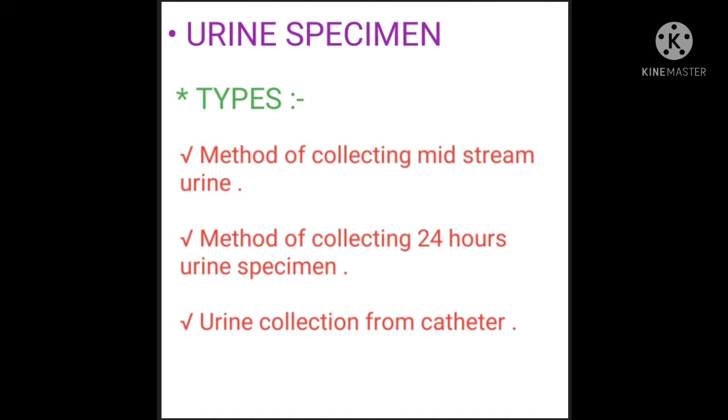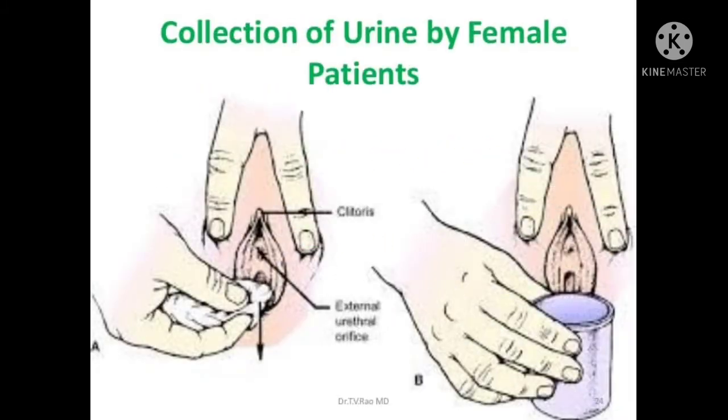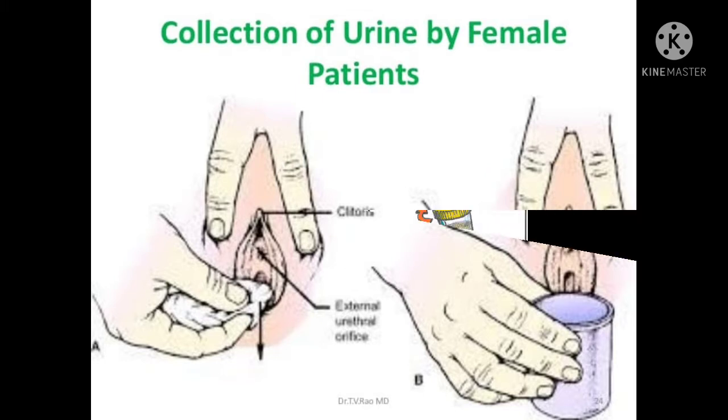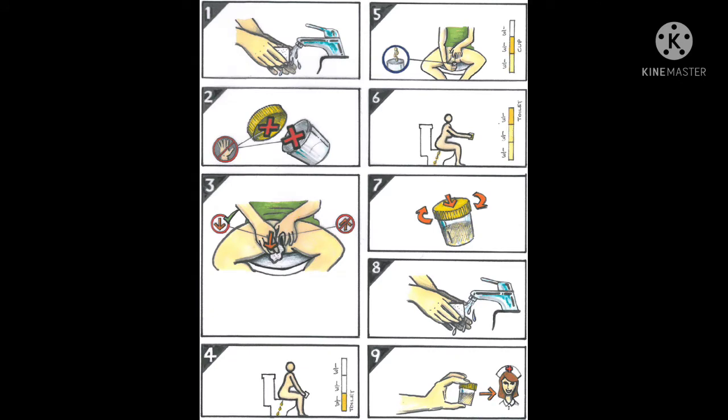rinse with plain water. In the female client, the labia are separated for cleaning and kept separated until the urine has been collected. After cleaning the genital area, we ask the patient to begin to void into the toilet, commode or bedpan. At first, this amount of urine the patient has to pass into the toilet, commode or bedpan. Then the client has to stop the passing of urine, then take the sterile container and keep it in